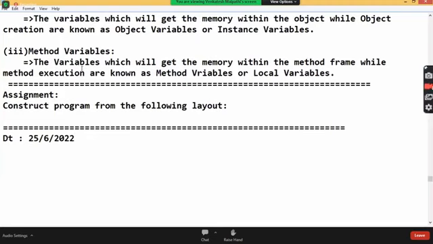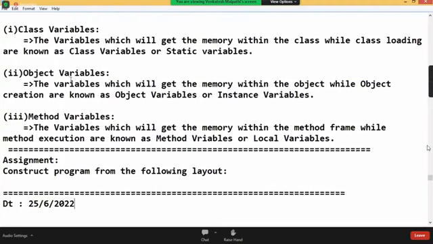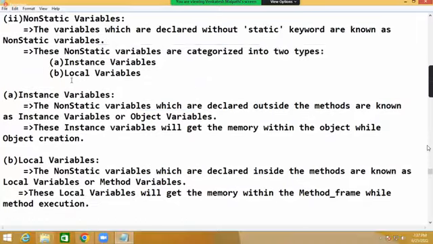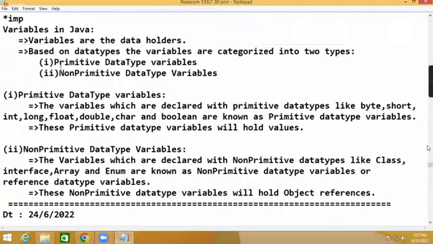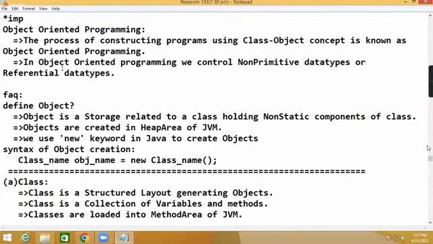Class, once what has been happened, I'll scroll back like this. So we are trying to understand the variable part. So when the variable part comes here,